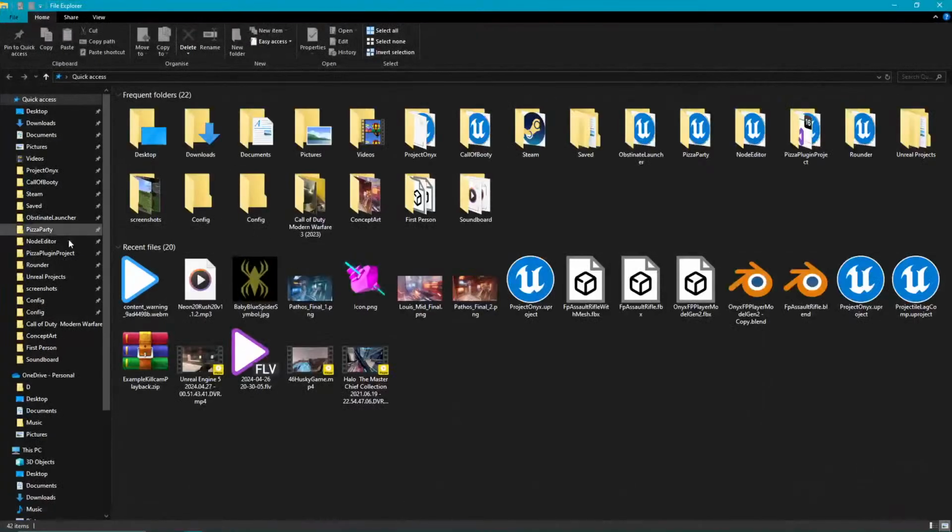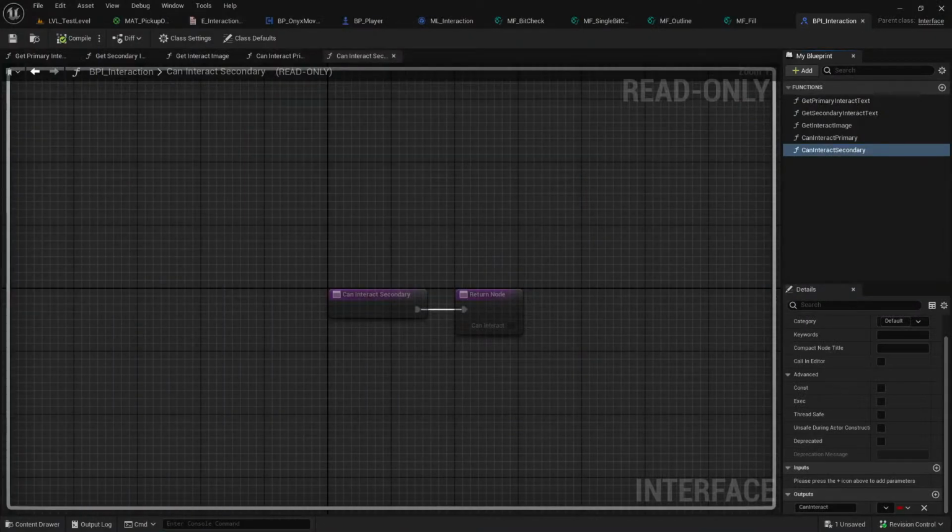I'm going to have to open up my old project. I think that's all we need, but I'm not 100% sure. No, my previous interact system wasn't bad. I just want to make this system smarter, because I also didn't have outlines on it. So that's something we'll be adding. But while my old project launches, we can go ahead and